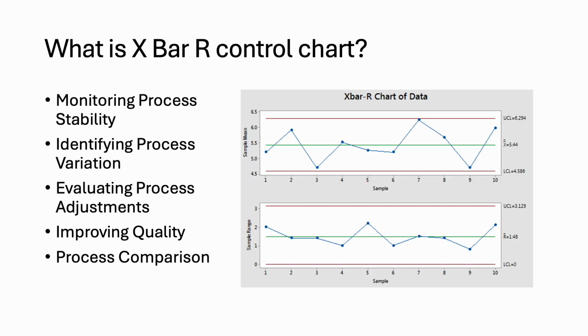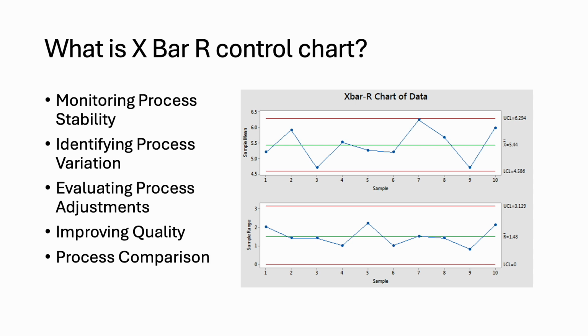The X/R control chart is a vital statistical tool in clinical laboratories for monitoring and controlling processes. Here are key points along with examples of the use of X/R control chart in clinical laboratories. Monitoring process stability. It helps in assessing whether a process is stable over time by tracking the variation in sample means and ranges. As an example, if daily average blood sample hemoglobin measurements remain within control limits over a month,